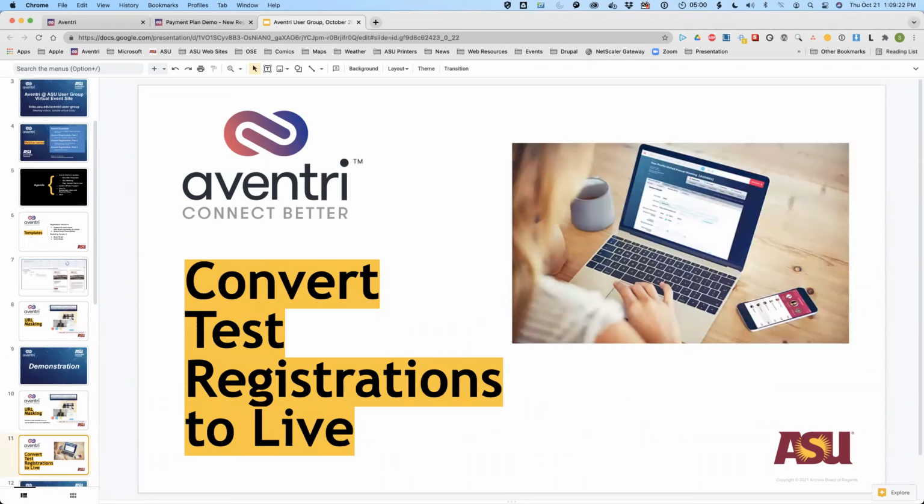Next, another feature, and actually Aventri hasn't announced this, but it just became obvious that they've given it to us. A common support ticket item in the past has been people who have forgotten to turn their registration sites live before they allow attendees to come in and start to register.